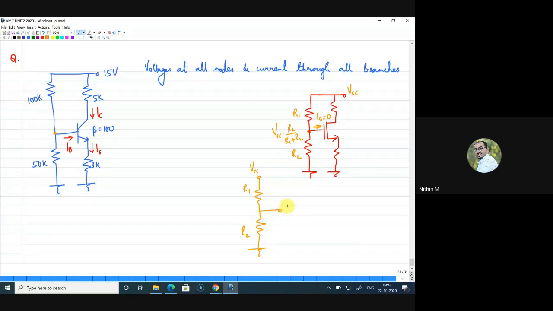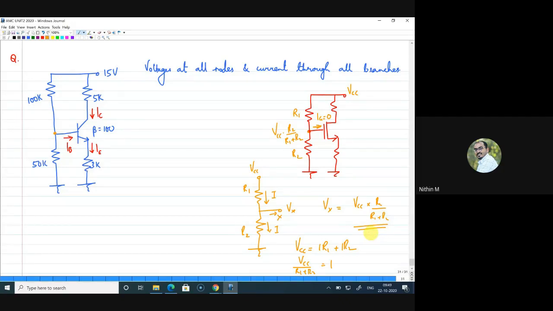And if I want to find this voltage as, say, some Vx, how will I write this voltage? I'll assume a current here, right? Now, since there is no current to this branch, the same current will flow through this R2 also, right? So I can write VCC is equal to I into R1 plus I into R2, or I can write VCC divided by R1 plus R2 as I. That I is the current flowing through R2. So if you want to write Vx, I can write Vx as I into R2. That is what we always write as VCC into R2 by R1 plus R2. I hope this is clear for you guys.